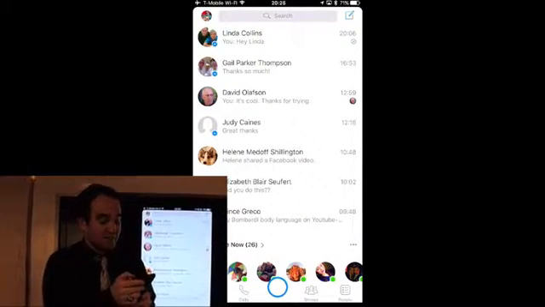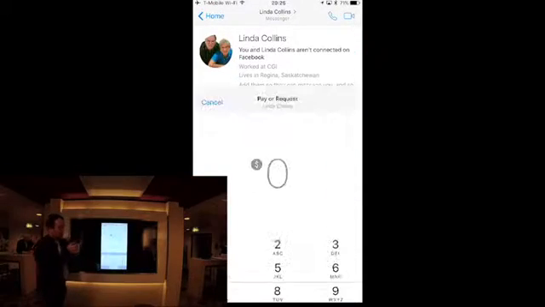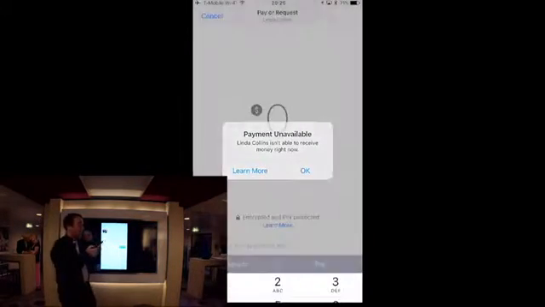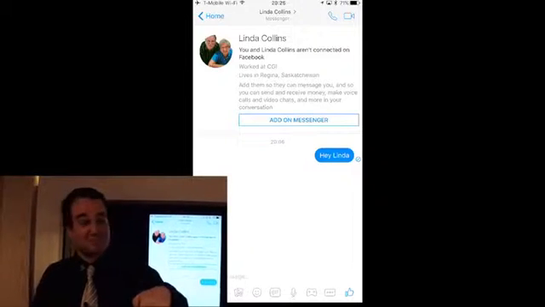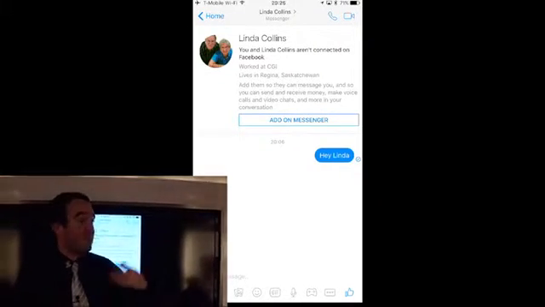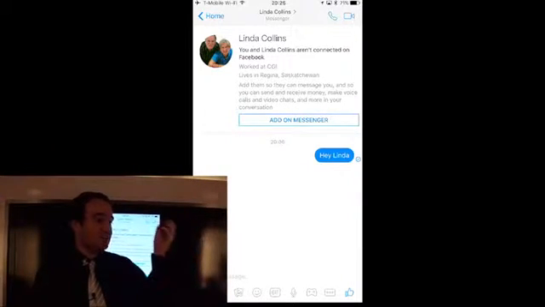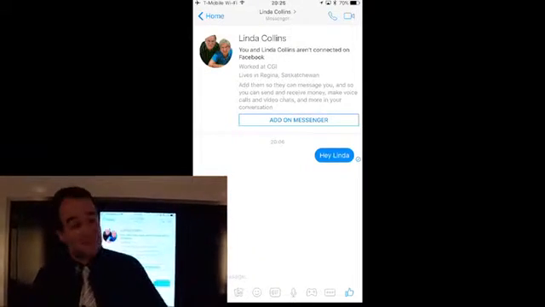A credit card, if I wanted to send Linda money, and I hit payments, it'll say payment's unavailable, because the other thing that's important when you make a payment, it needs to know where you are. So right now we're inside the ship and we have no GPS signal, so I can't send a payment. It's the same thing that happens with PayPal and Square or any of those. If it can't tell your location, it's just going to say, nope, can't do it. So I need to have a location, but it has to be a debit card, and you can send an